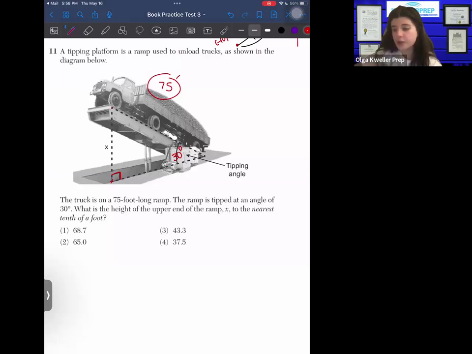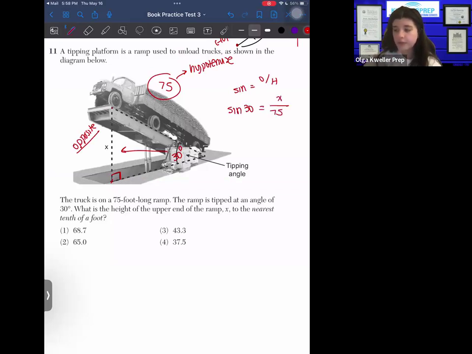It's the hypotenuse, right? Good. So 75 is the hypotenuse, and in reference to the 30 degrees, our x is opposite, right? So the ratios we're playing with are opposite over hypotenuse, which is sine. We learned sine is opposite over hypotenuse. The angle is 30 degrees, so we're going to have sine of 30 is equal to opposite, which is x